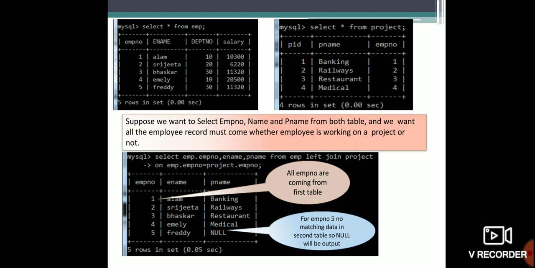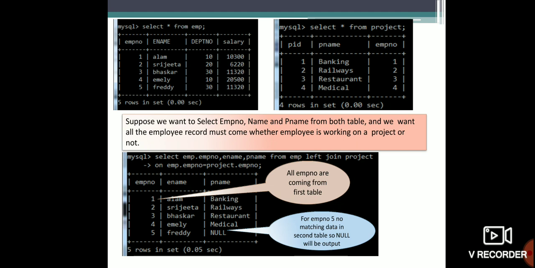First we have to remember the common column, that is employee number. Suppose we want to select employee number, ename and P name from both tables. We have to select only these three columns, and we want all the employee records to come whether the employee is working on a project or not. So what will be the query for that? Select employee.employee number.